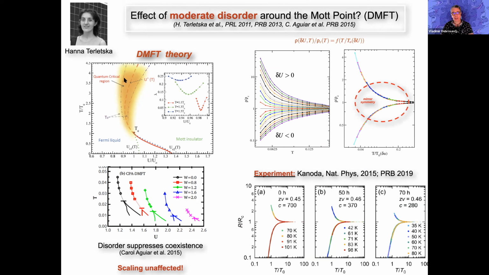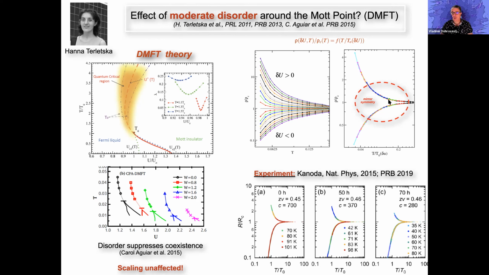But she found more: there is a region around this line, which some people call the quantum Widom line, which looks very much like what we expect for any critical point, in particular quantum critical point, where a number of physical quantities display beautiful scaling. So here is the family of resistivity curves that she obtained for different interactions as you change temperature, and by an appropriate scaling procedure, which is expected for quantum criticality, she found perfect, beautiful scaling, and in fact, some surprising mirror symmetry of the metallic and insulating branch.